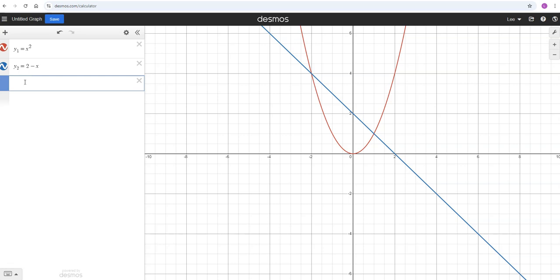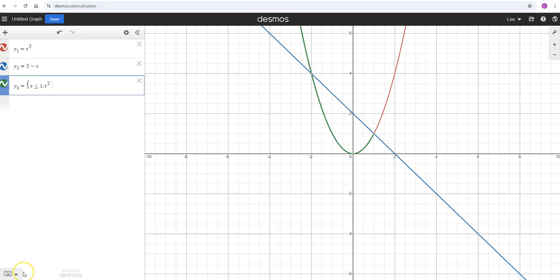So what I'm going to do is say my new function, which I'll call y3, is going to be this parabola for everything to the left of 1. All right, so all the x's left of 1, I want to use a parabola. And to do that, I'll put in a curly brace and then say I want my x's less than or equal to 1. And I'm going to put in a colon and then put in the function, right? So x squared. So this is sort of your restriction, then the colon, and then the x squared that comes